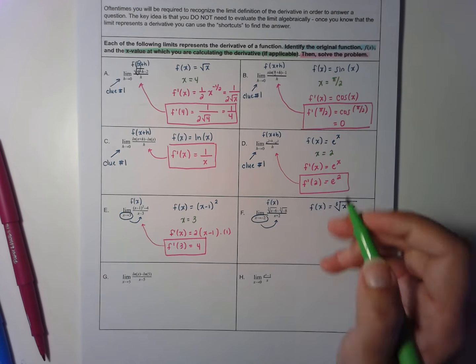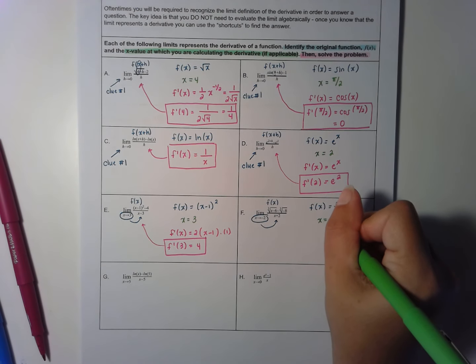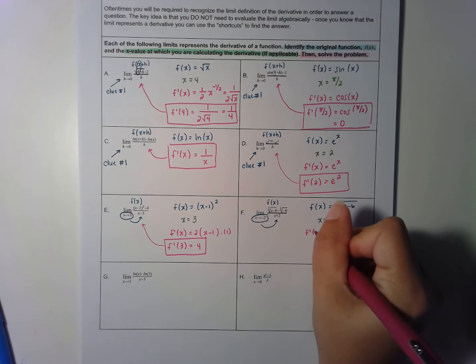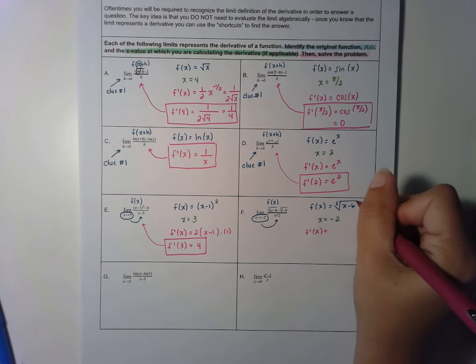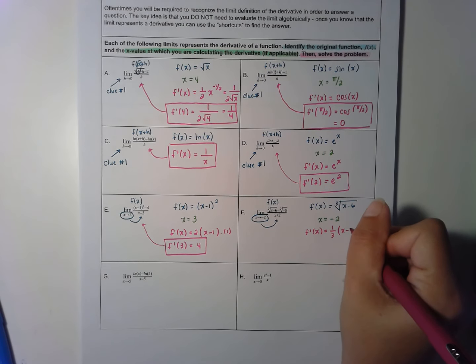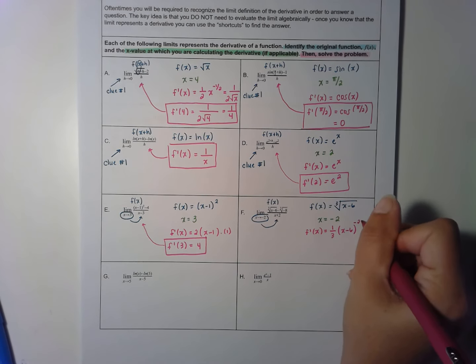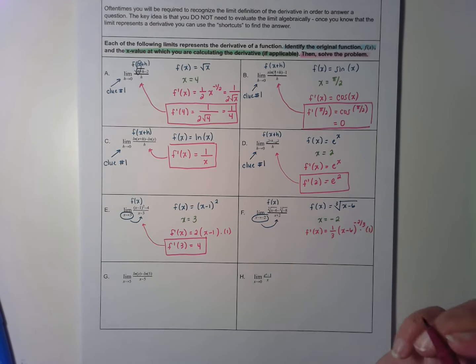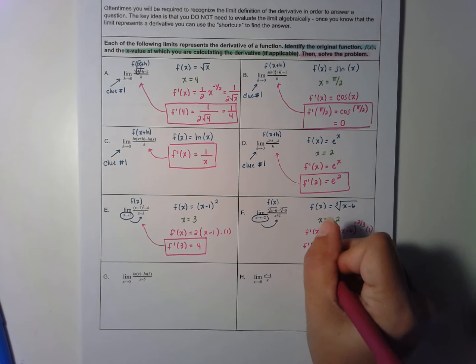And the specific x value I'm trying to use here is going to be -2, which means my derivative is going to be, now remember, cube root is really a 1/3 power. So 1/3 times x minus 6 to the -2/3 power times the derivative of the inside, which is just 1. And then I would plug in my -2,